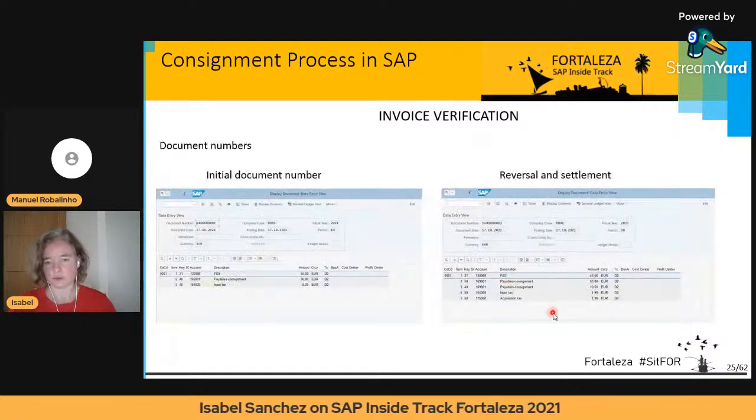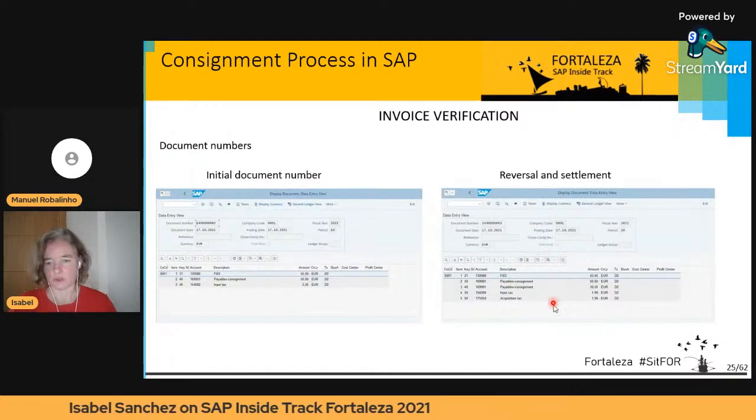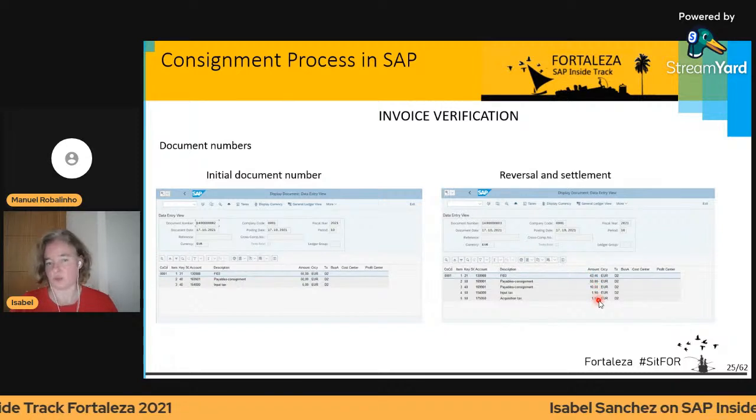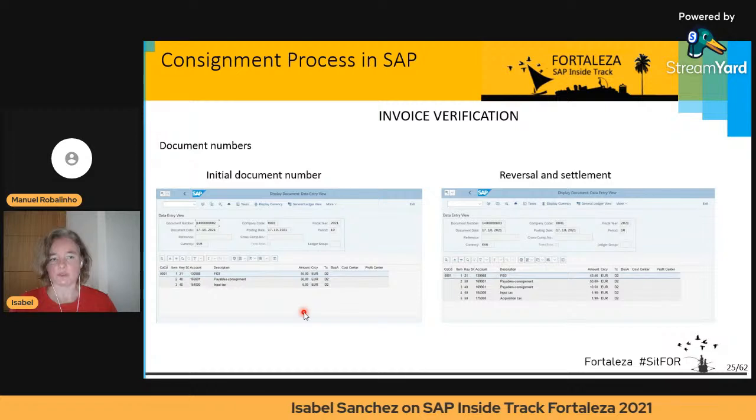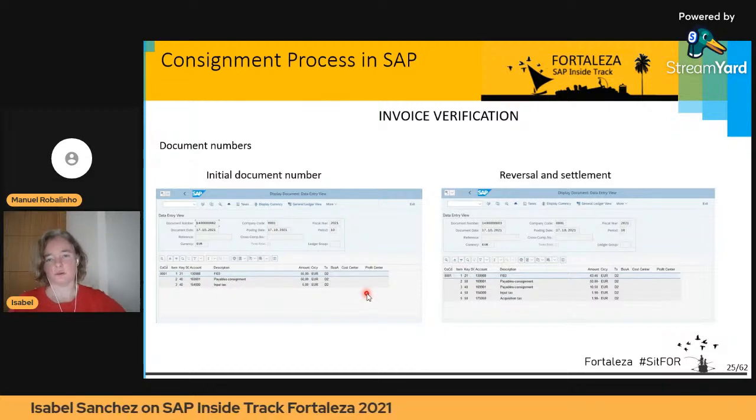You can see this screen with the details of the accounts and the details of the amounts. The same happens with the first withdrawal. Going on,